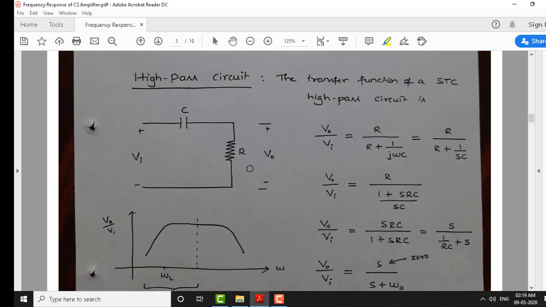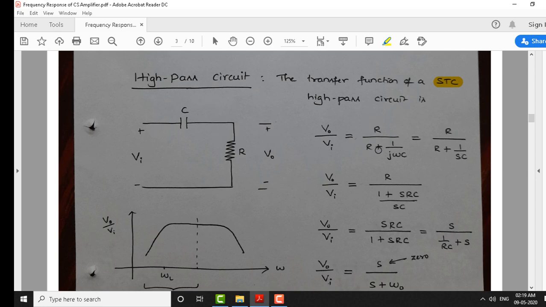Similarly, we can also model the other region of the frequency response, especially the lower frequency region. Here the high pass filter comes into play. From the circuit point of view, a high pass filter can be constructed with a capacitance and a resistance here, and we can calculate the transfer function of this high pass filter. The transfer function of this circuit also can be called a single time constant circuit, because it has one zero and one pole.